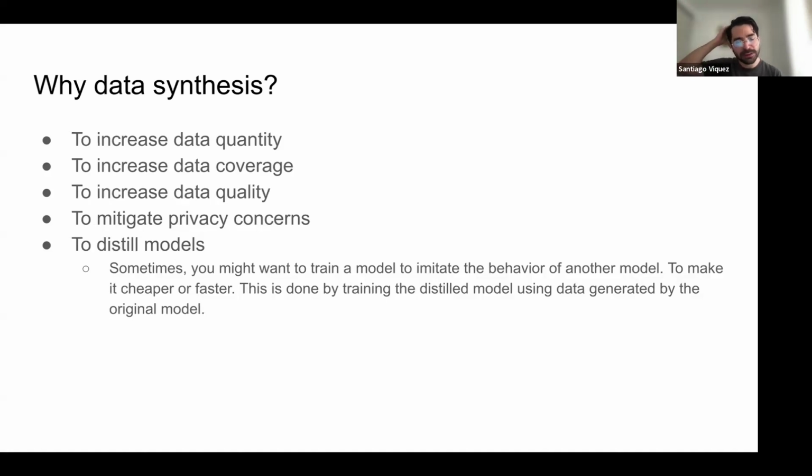And the idea of doing this is to have a cheaper and faster model. So you distill the model using data generated by the original model. That could mean that you train the smaller model with the outputs of the bigger model. So you actually are distilling its knowledge, let's say.